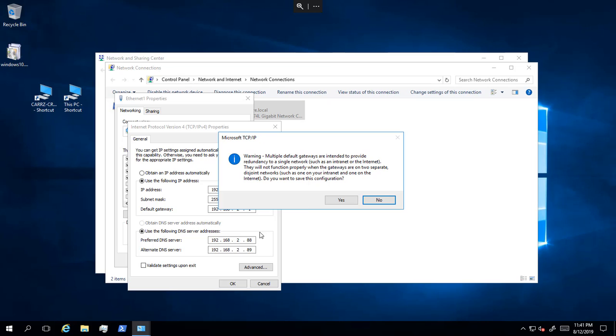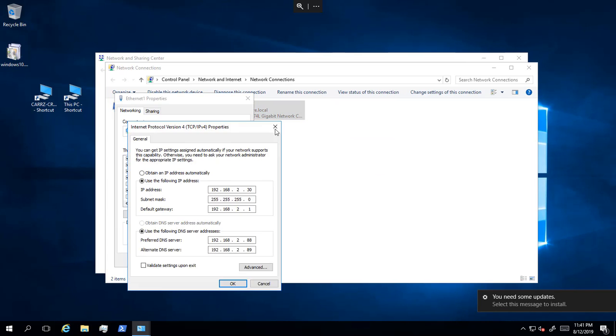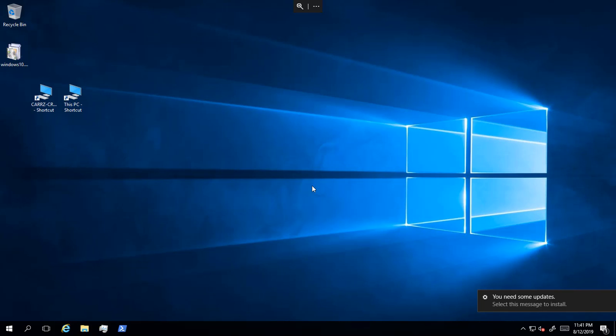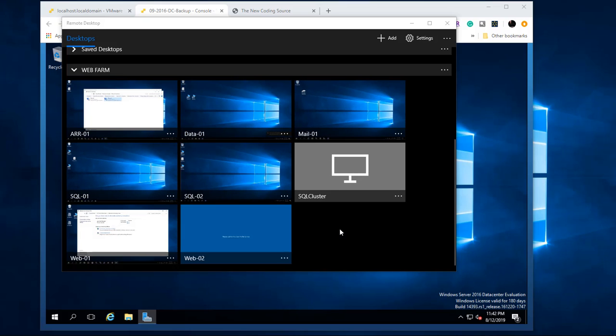Okay, now see, if you noticed before on the other NIC, it had a DNS entry for Google's 8 server. However, this one does not. See, so this one is strictly for in-house. This one right here deals with in-house and the internet. I'm going to go ahead and do the rest of these, but that's pretty much all you have to